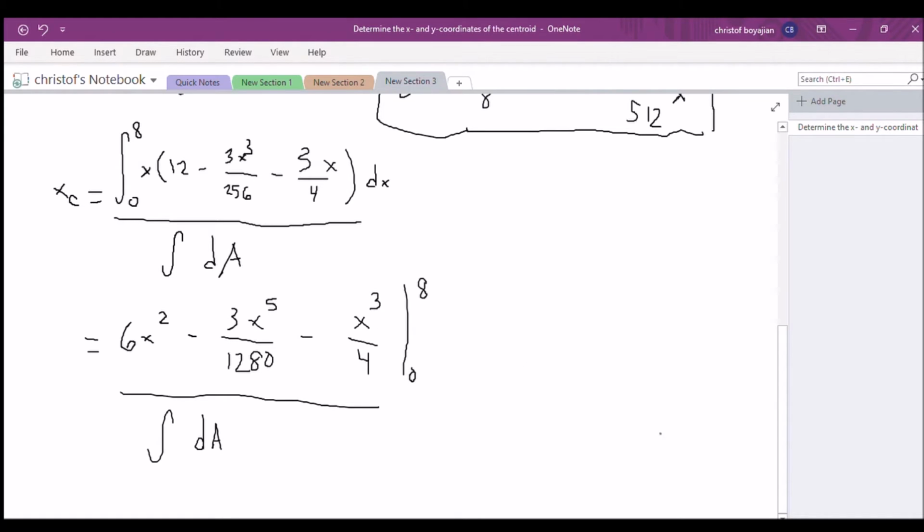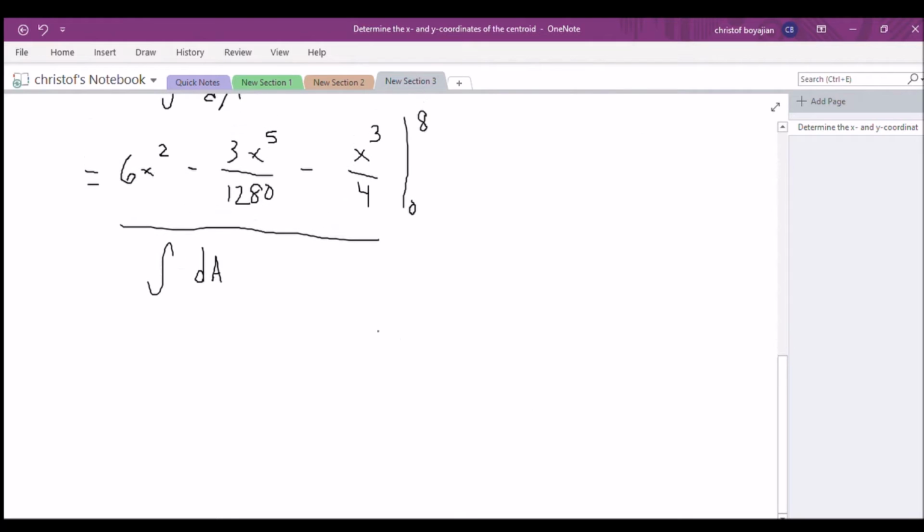Okay, so now that we have done this, let's go ahead and evaluate. When we evaluate the numerator, it is going to be 8 squared times 6, which is 384, minus, when we evaluate this term at 8, it's going to be 76.8. I'm just plugging these into the calculator. Minus 128